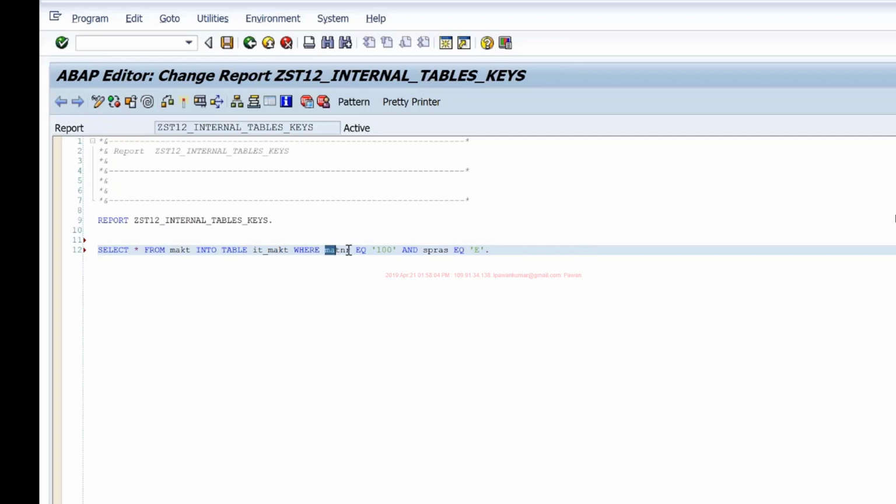the system, since there is a key available based on these fields, can use the index, because based on the key, an index is generated automatically for the primary key. So the system, instead of scanning the table manually, can take advantage of the index to locate these entries in the table wherever these records are matching.